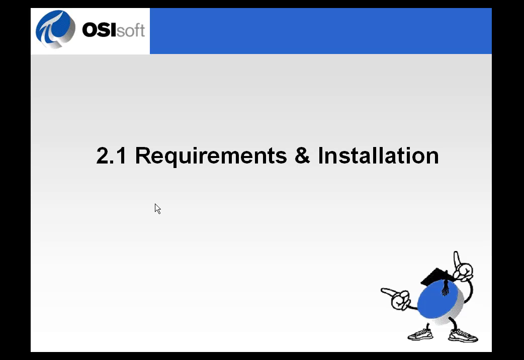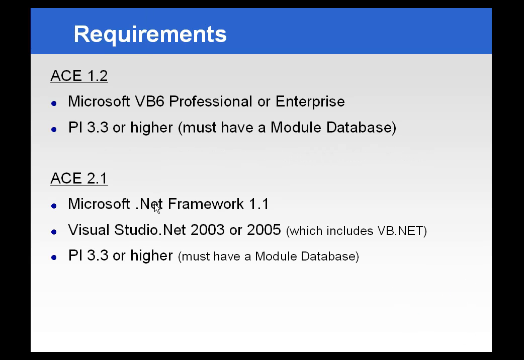Let's look at some of the requirements for installing ACE on your system. As I said earlier, when you get the ACE installation kit, it's going to have both ACE version 1.x and 2.x in the installation kit, which, if you decide to install only one of them, will be dependent on which version of the development environment you're going to be using. If you're using Visual Basic 6, then you will want to pay closer attention to ACE version 1. If you're using the .NET Studio with the .NET Framework version 1.1, you will want to pay closer attention to